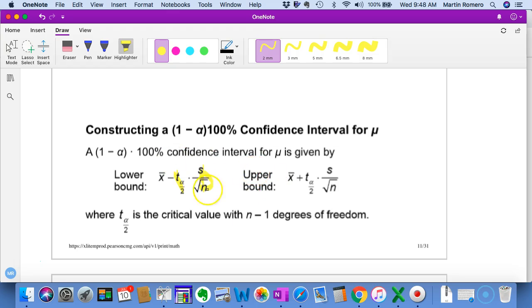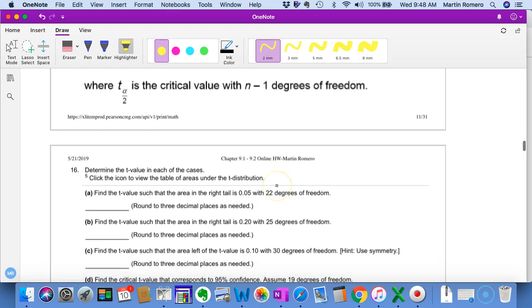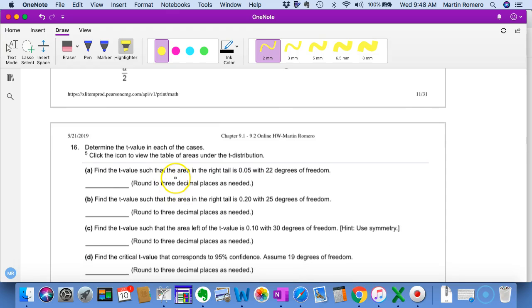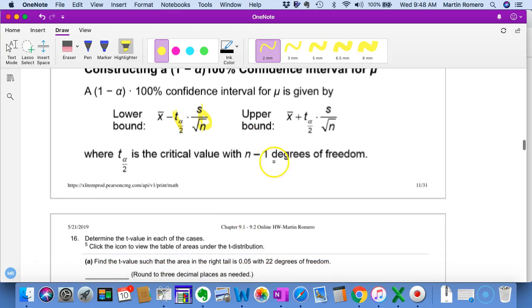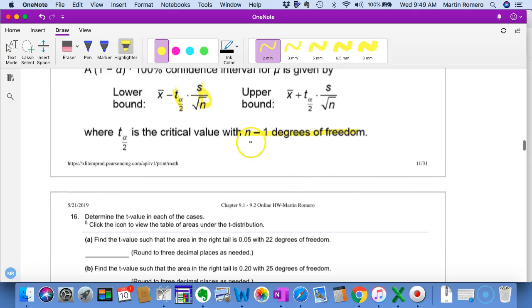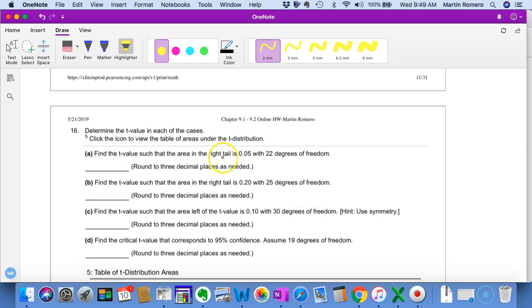We have a different distribution to calculate based off of the sample size. This is called the critical value, and that's what we're doing on this problem, where it says determine the t value. The t value for these conditions is t alpha over 2, and again it depends upon what your alpha is and your sample size. We have this idea called degrees of freedom, and we need to use those numbers in the calculator. So to find the t value such that the area on the right tail is 0.05 with 22 degrees